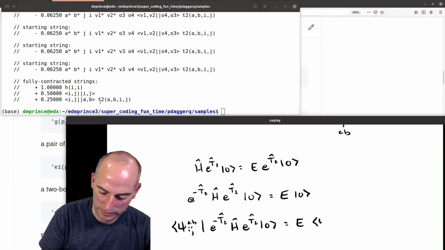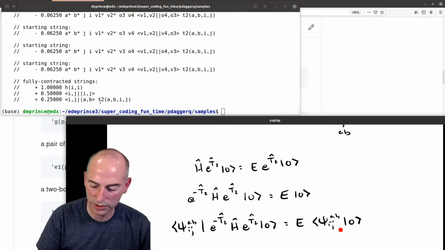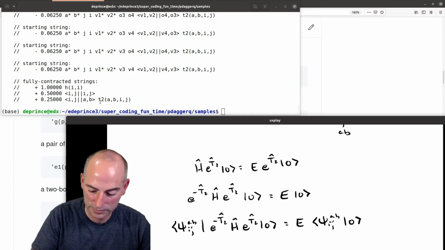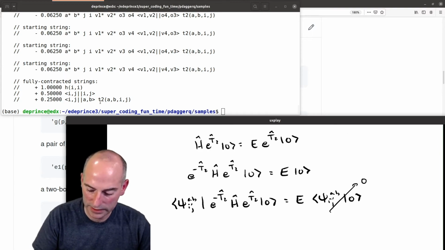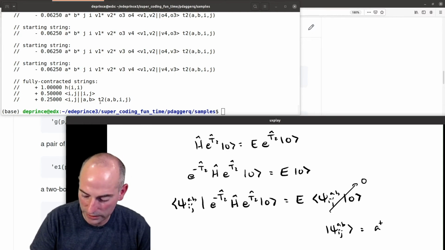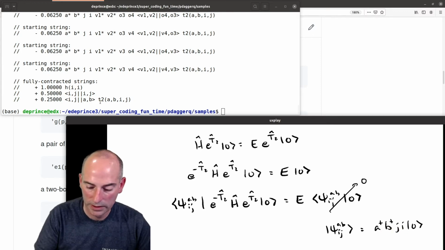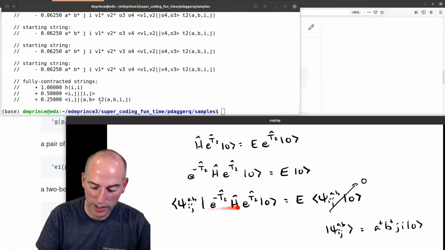Now I have the overlap of two different Slater determinants in a basis. I'm assuming my orbitals are orthogonal to each other, and if that's the case, then this overlap is going to be 0. And psi ijab is just an electronic configuration that's generated from the reference through this 2-electron operator. So this will give me an equation